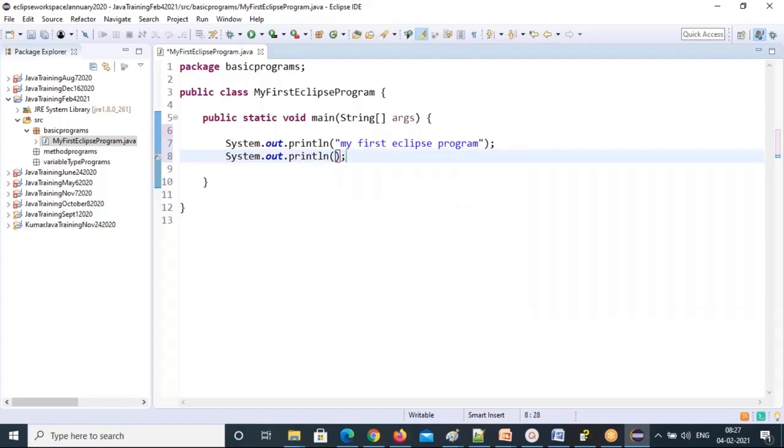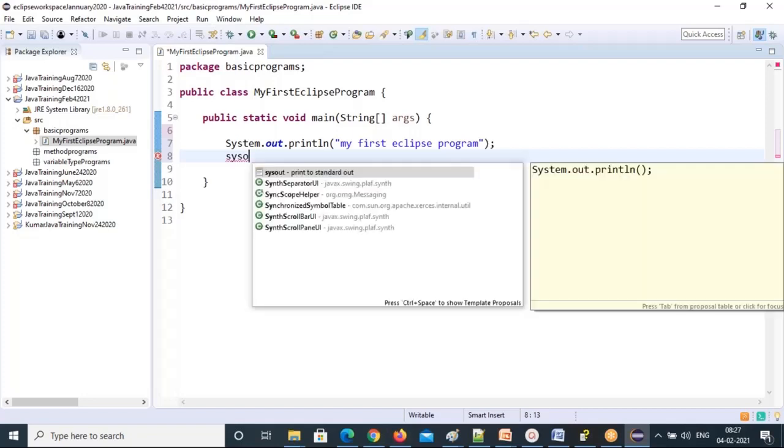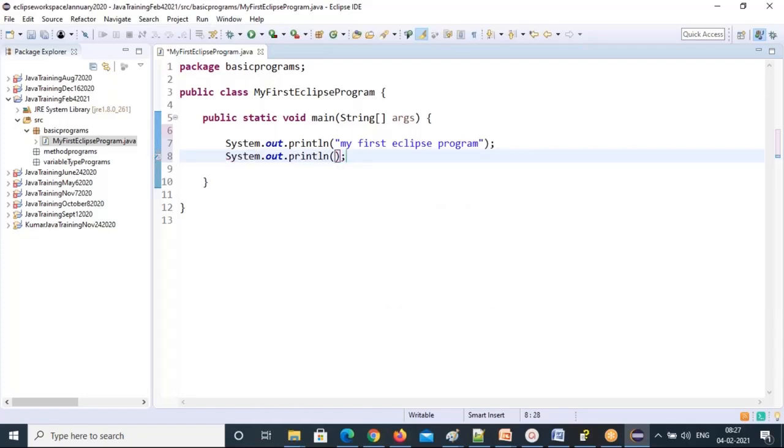You will get System.out.println automatically. You don't need to write System.out.println yourself.